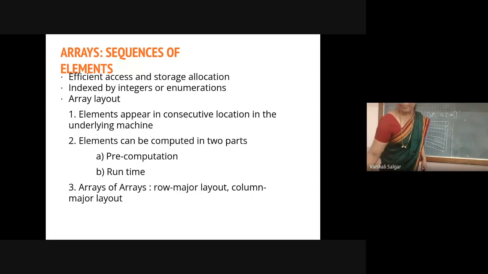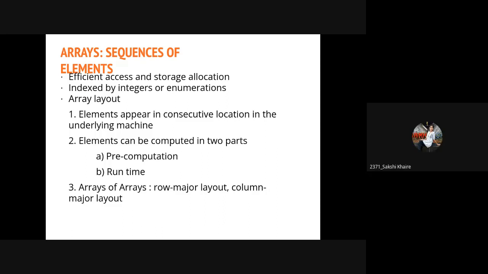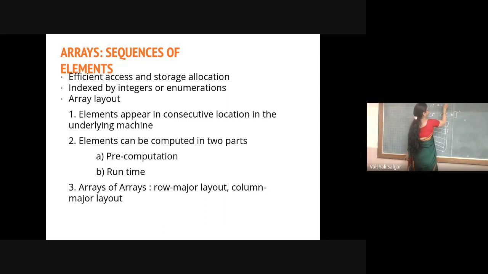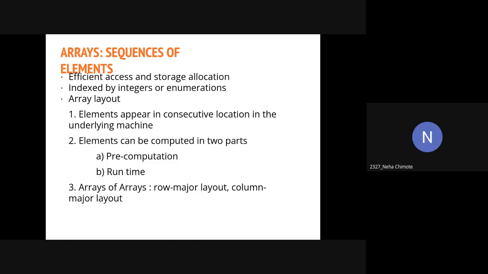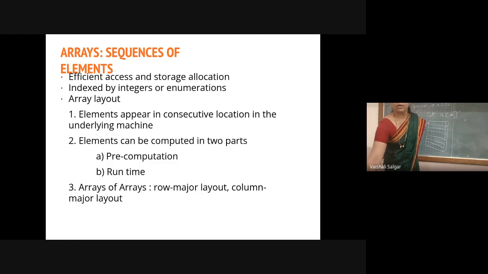Now, all of you are familiar with Java programming also? Yes. So in Java, if I'm saying int A of 10, how much memory will be allocated? In Java, how much memory is reserved for the integer data type? 2 or 4? 4.